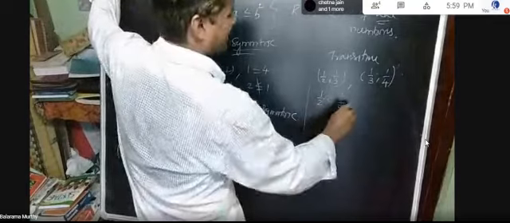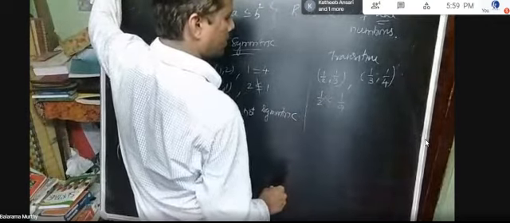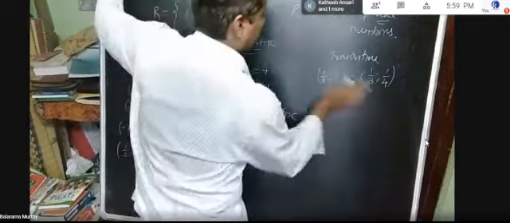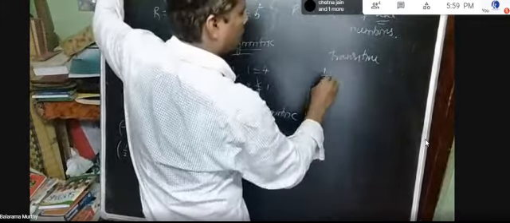Okay, so this is 1 by 2 is less than 1 by 9. One by 4, comma 1 by